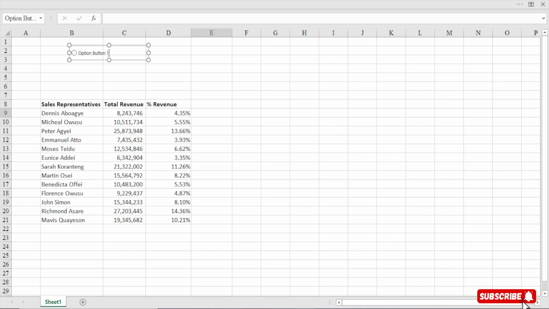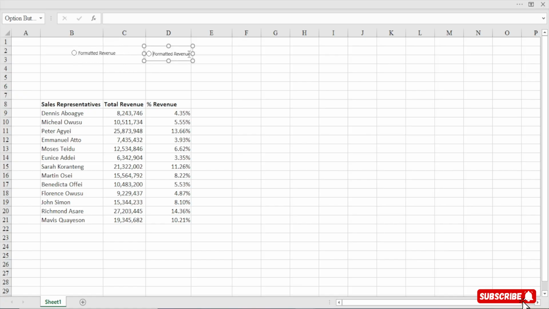Perfect. And then what we are going to do is we are going to rename this. The first is going to be formatted revenue. Then if you want to select it, hold your control and then select it. Let's minimize it small like this. So we will duplicate, bring this one here.